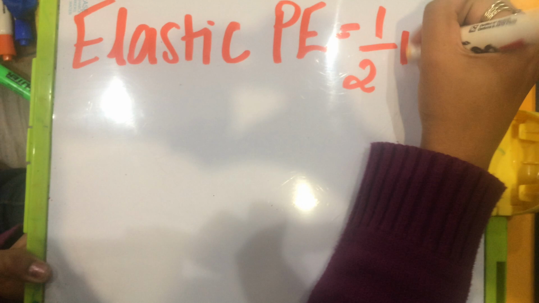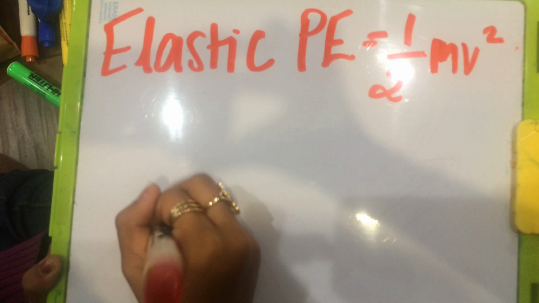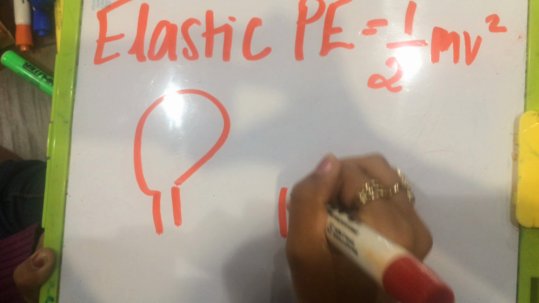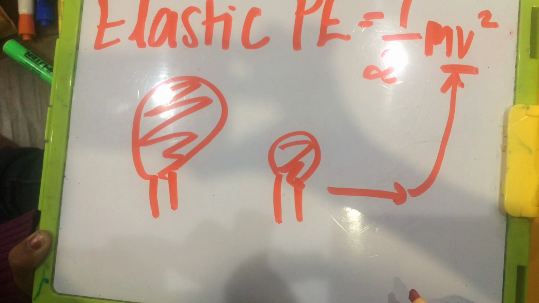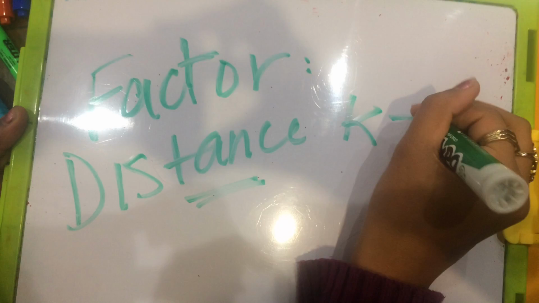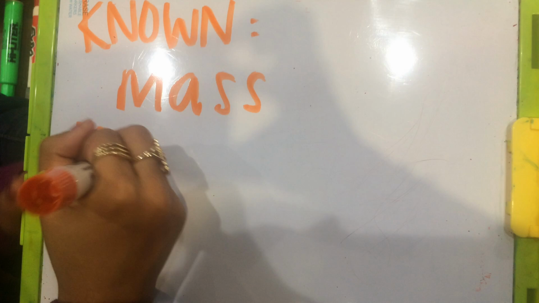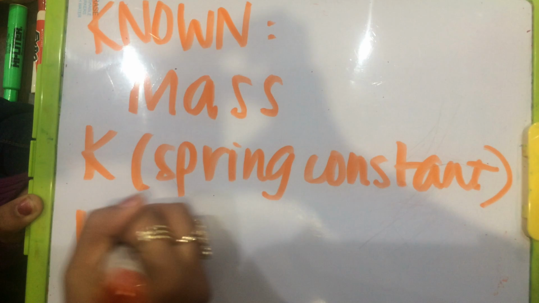The formula for elastic potential energy calculated from Hooke's law is 1/2 kx squared. But here both balloons have a different potential energy and thus travel a different distance. The factor that is changing is the distance traveled, whether it is different kinetic or potential energy. We know the mass of our cars, the spring constant for potential energy, and the velocity because we know our